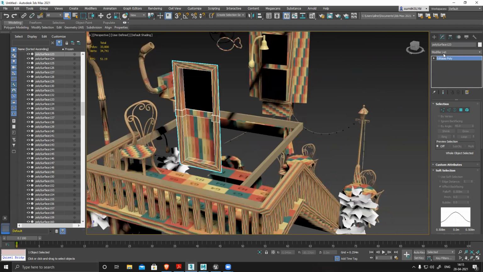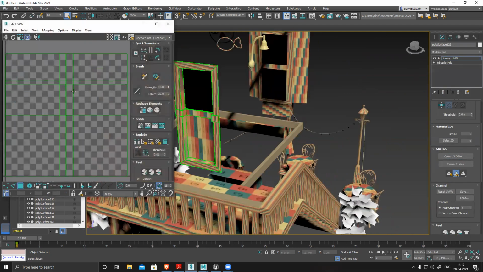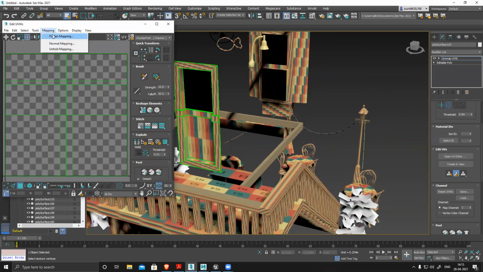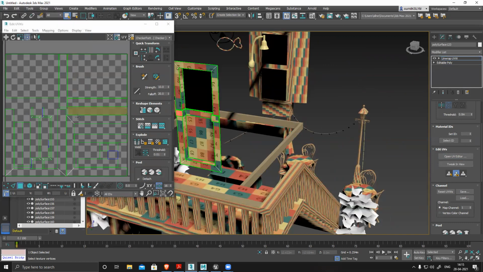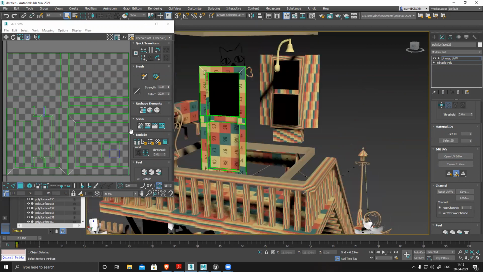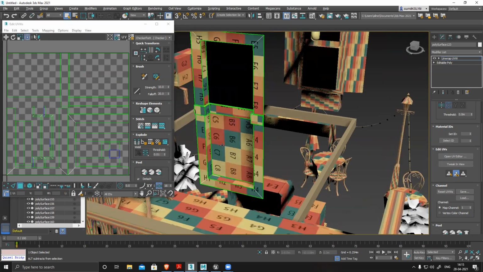Okay, start unwrapping. Unwrapping is a time consuming, slow process, but if you do it properly, it will give you a very good result. If you don't do it properly, it will mess up your entire texture. So I just applied flatten, and now I can see all the seams everywhere.